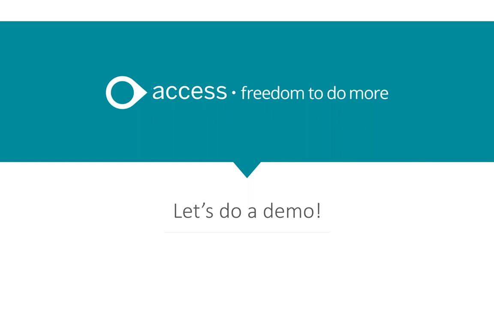So now what we're looking at is Access People, and this is our HR and labour software. As we talked about earlier, we talked about the 6 steps. So what I'm going to take you to now is actually the recruitment side, because this is the first point we are engaging with our employees.